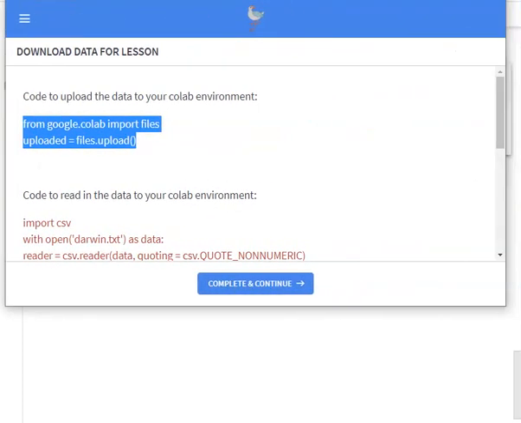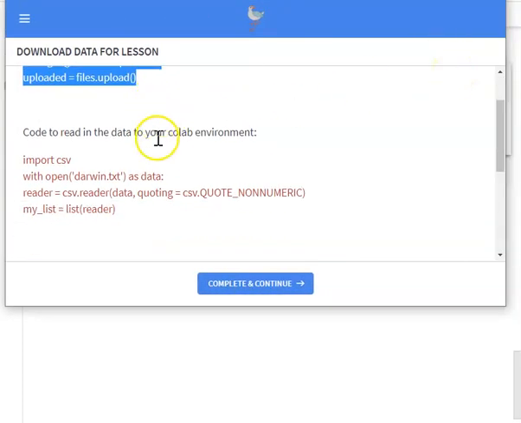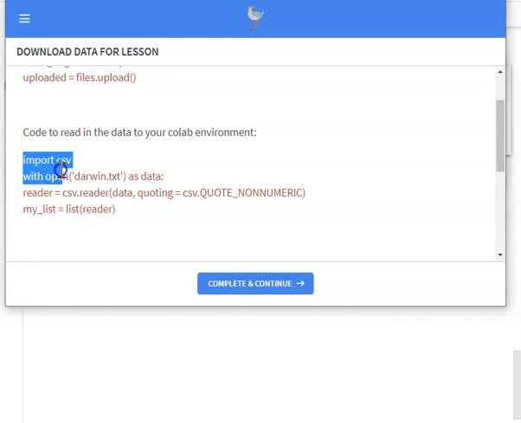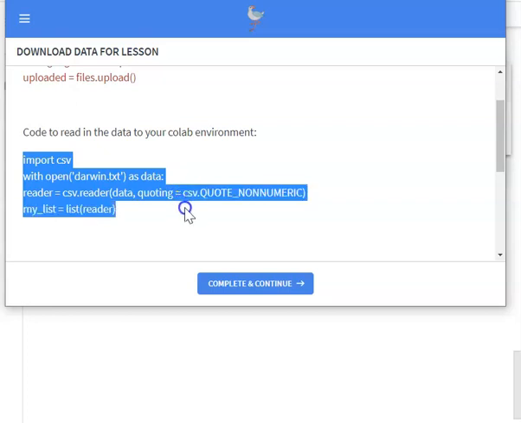We now need to read it in, and that's the second set of code that we've got here in red. So that's the code to read in the data in your Colab environment. We're importing CSV, so we're importing a library that allows us to import a CSV file. We're going to open it, then we're going to read it in using CSV reader, and then we're going to load it onto our Colab. So you need to copy that